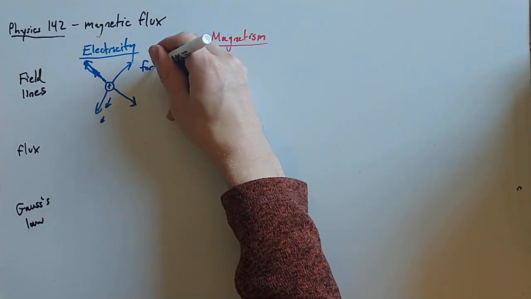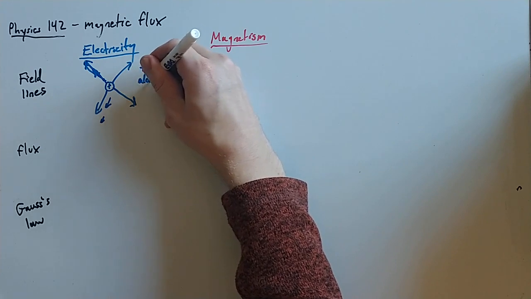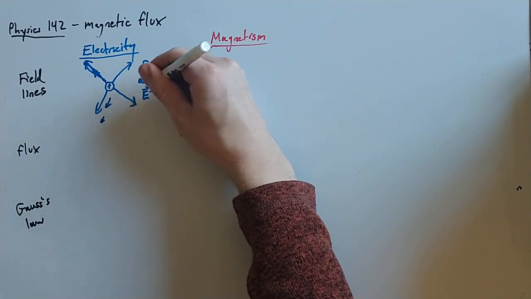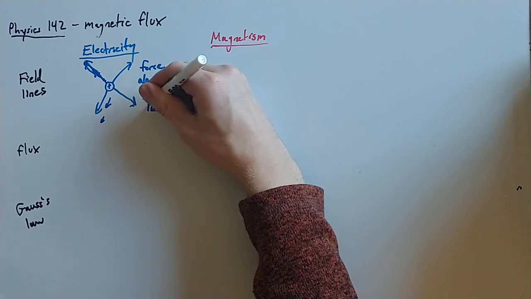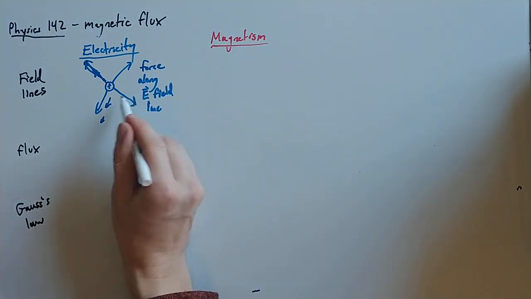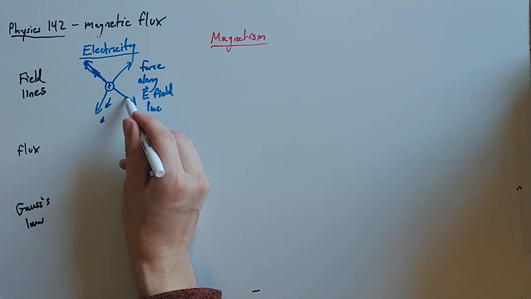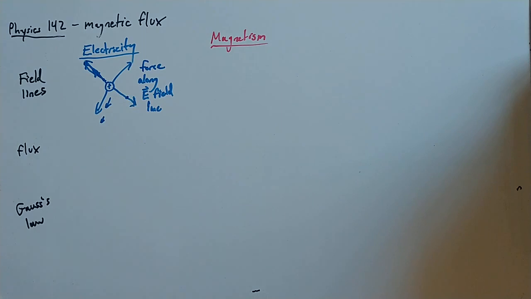The force is along electric field lines, right? So if we want to know what direction the force is, you just pick a spot on an electric field line, and you say, oh, hey, the force is in that direction. For magnetism, though,